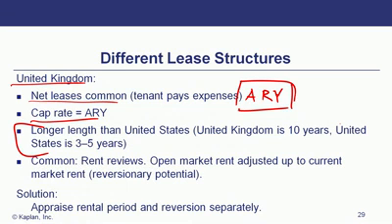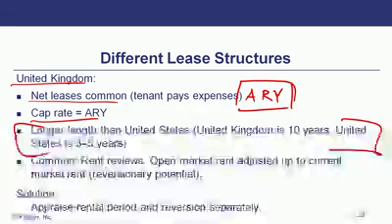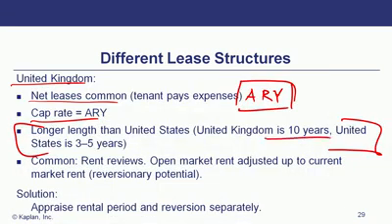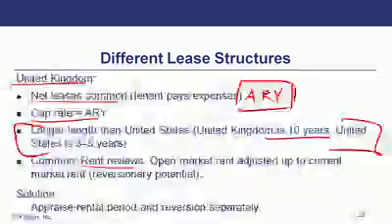Typically, and this is a structural difference in the way we write contracts that will impact valuation, in the U.S. we have lease terms of 3 to 5 years, which would be typical for commercial real estate. Those are 10 years or more if you're looking at leases in the UK. So what's going to happen is we're going to have rent reviews. If you think, well, I've got this property leased for 10 years, what happens as rents change? Well, you're going to have some period where the rent is fixed,